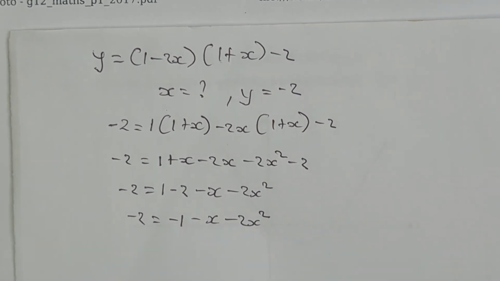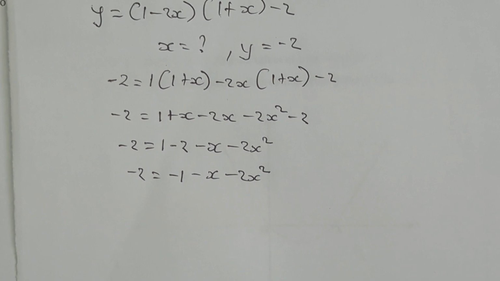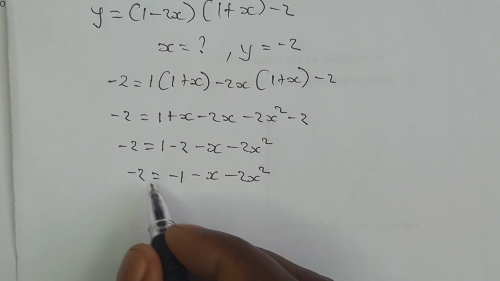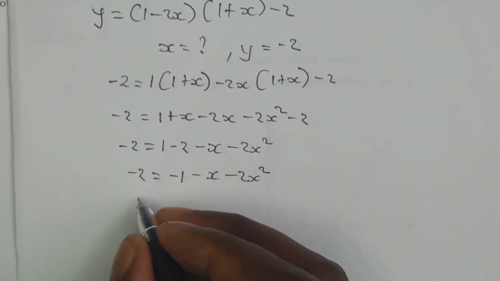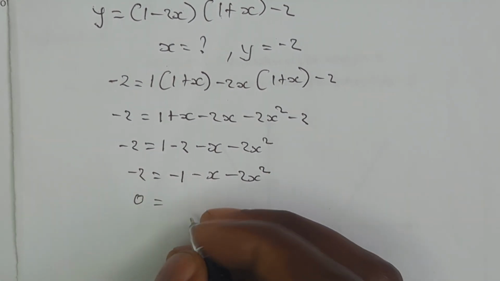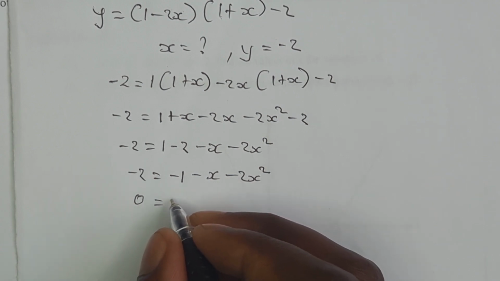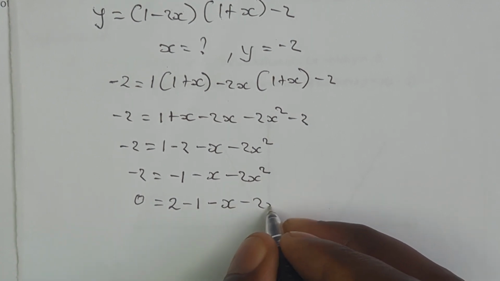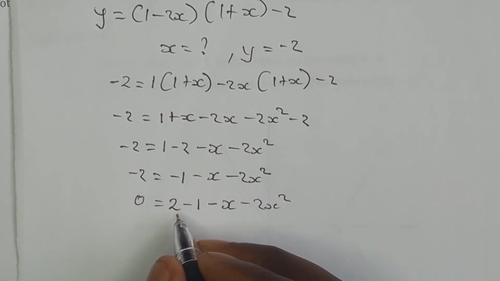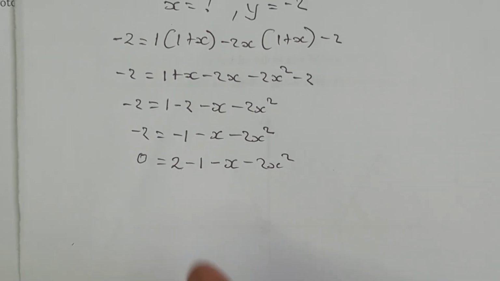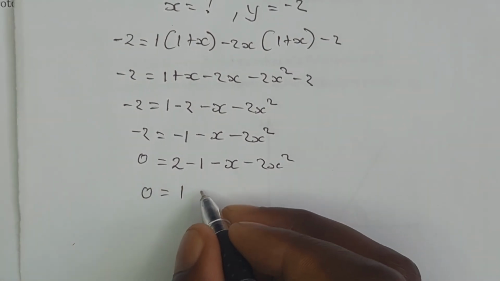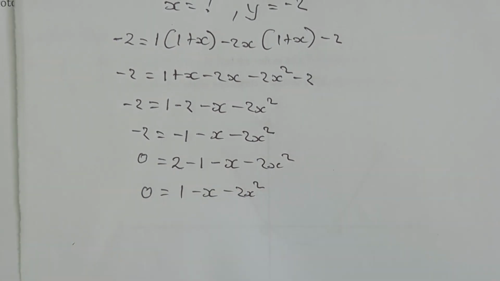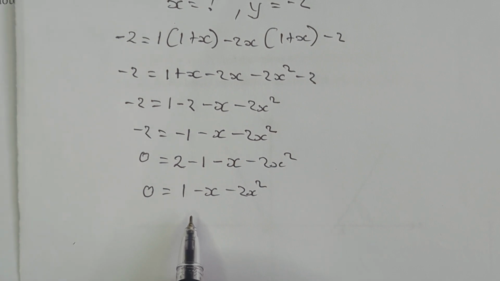Now this equation, we can make it to be a quadratic equation by taking this negative 2 to the other side, so that here we remain with a 0. So this will be 0 is equal to, this one becomes positive 2 as it crosses the equals sign. So this will be positive 2 minus 1 minus x minus 2x squared. 2 minus 1, this will be 1. So this will be 0 is equal to 1 minus x minus 2x squared. Now that our equation has become the quadratic equation,